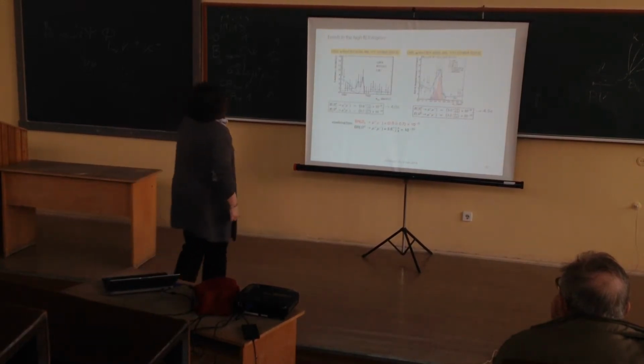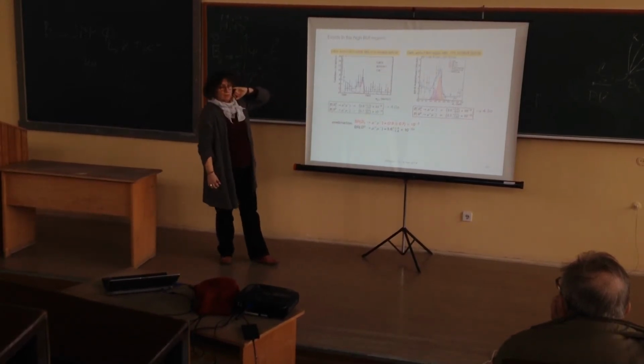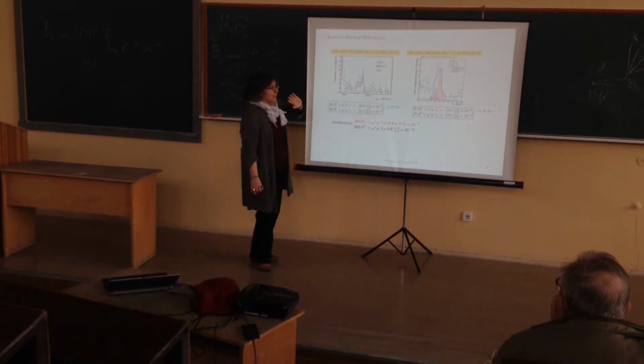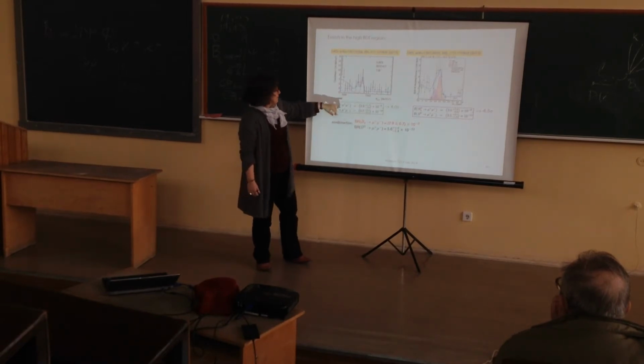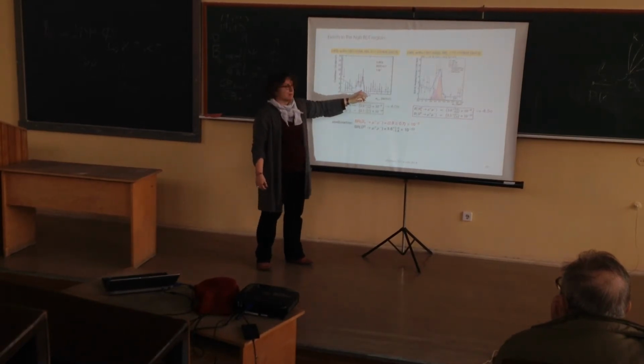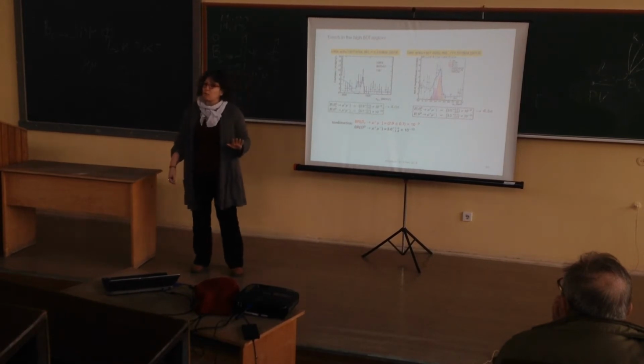And this is what people are seeing with the full LHCb statistics. I know it looks ridiculous when you haven't done the analysis. But you see these two peaks. This is where you expect to see the BS, and this is where you expect to see the BD. You see that first your background is low.